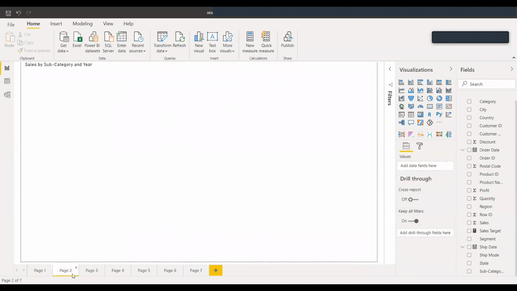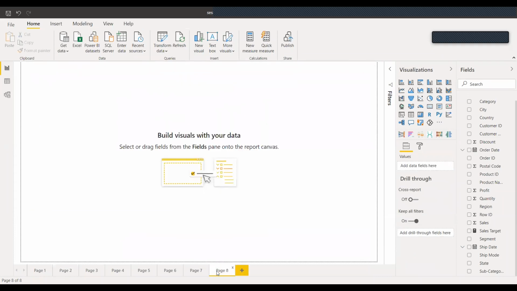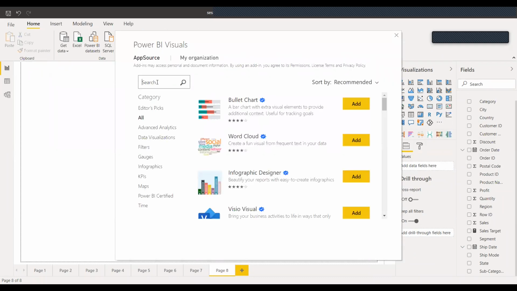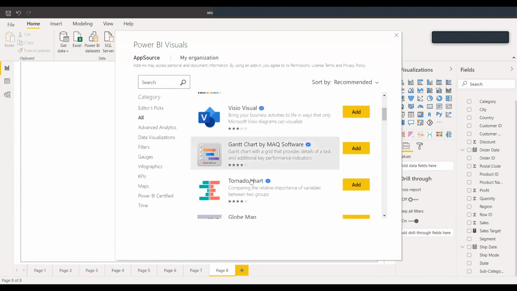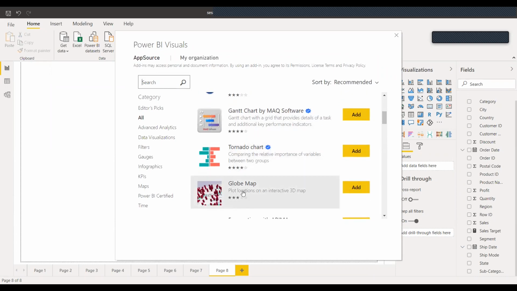Okay. Then we'll move to this chart, the tornado chart. Adding the tornado chart is the same function. You just go here, get more visuals, and you can just type tornado chart, or you can find it here. The blue tick means that they are certified by Power BI, and these are updated by some other users, but Power BI hasn't accepted this as of now. But you can install them if you want. And all these charts will only be visible once you log in to Power BI. So let's go to the tornado chart.